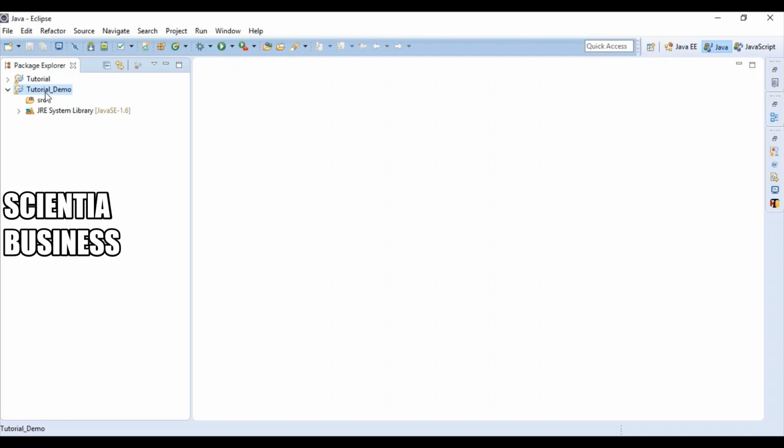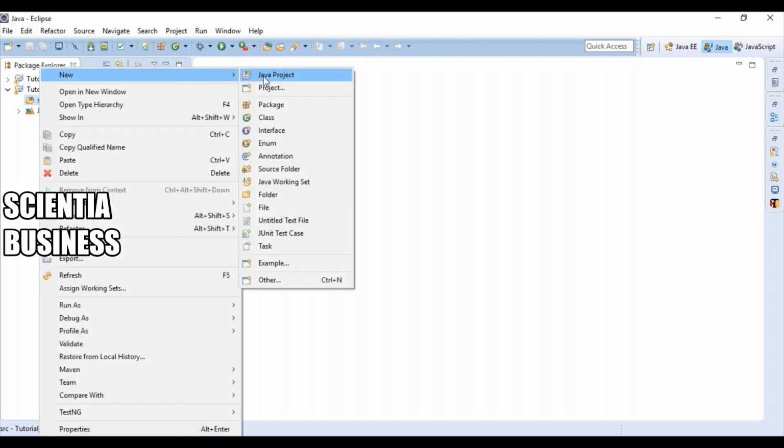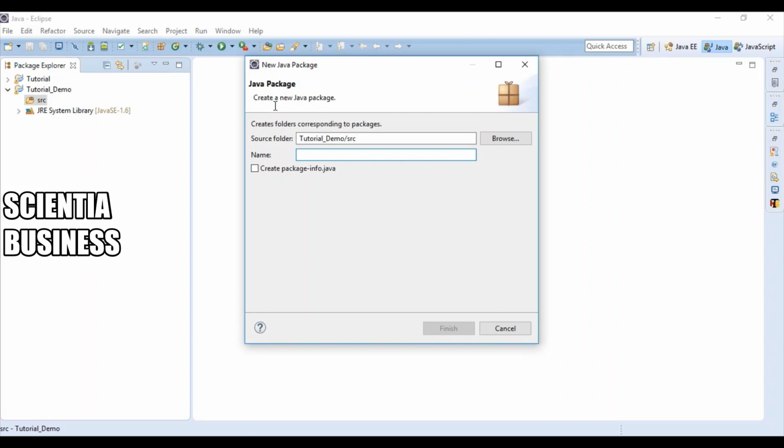So in order to start writing the test cases, we need to create a Java class. I hope you are already aware of the Java concepts. I won't be diving much deeper into them; I'm assuming that you have a basic knowledge of Java, which is an object-oriented programming language. I'm clicking on this source folder, and inside it I will be creating a package. Right click on it and create a new package, and I'm naming the package something like learnings.